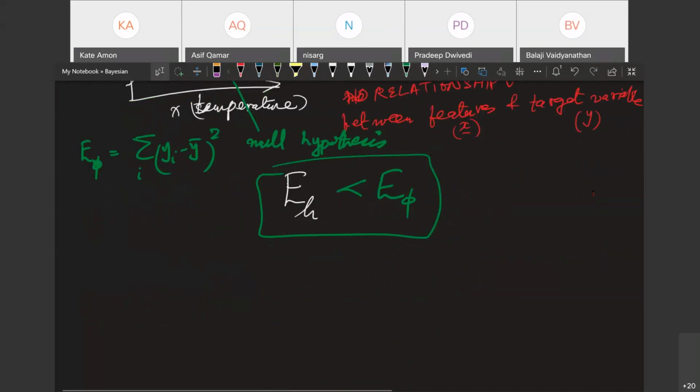Now, suppose your error hypothesis is 0. You have no errors in your prediction. Would that be a good model or a bad model? Unrealistic, but let's say in this term, you would say close to 0. You would say, well, that sounds pretty good. On the other hand, if your E hypothesis is the same as the null hypothesis, you would say it's not doing any better. So we need a number, a measure